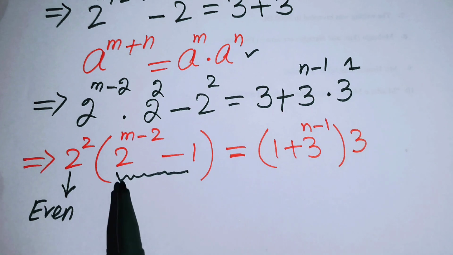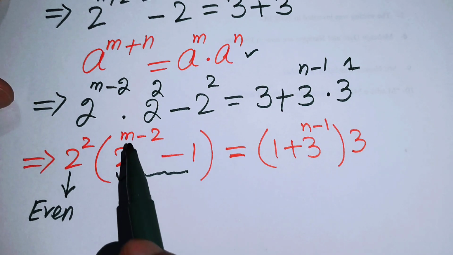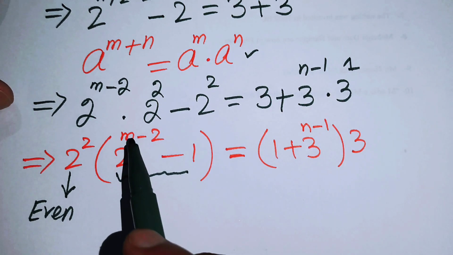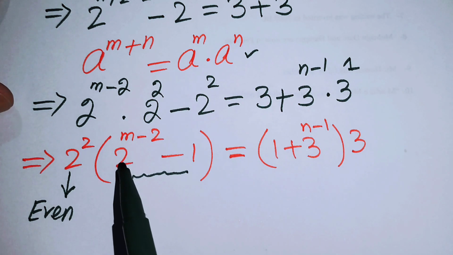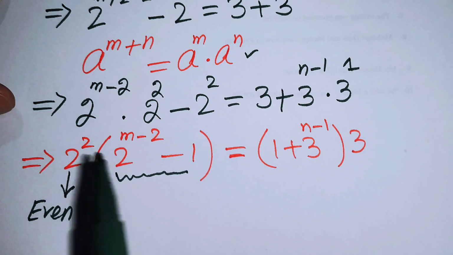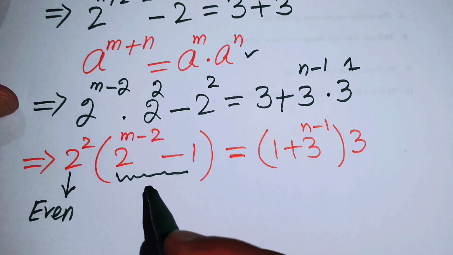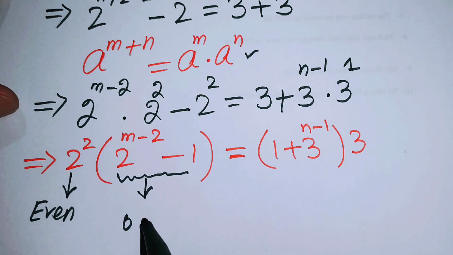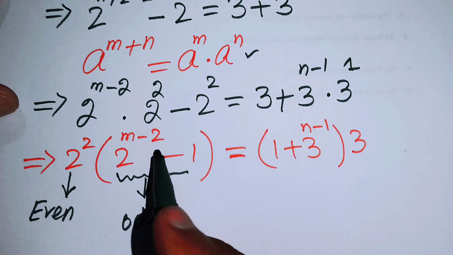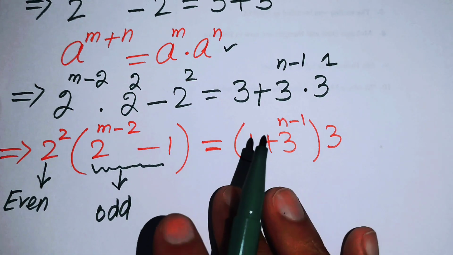The square of any number, whether the exponent is even or odd, when you take the base 2, it becomes an even number. So when you subtract 1 from an even number, you get an odd number. Similarly,